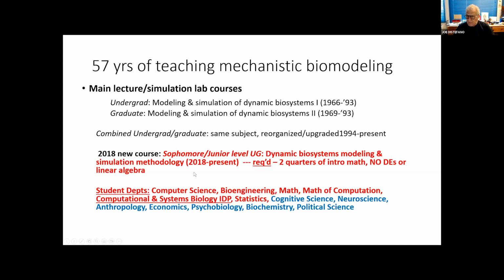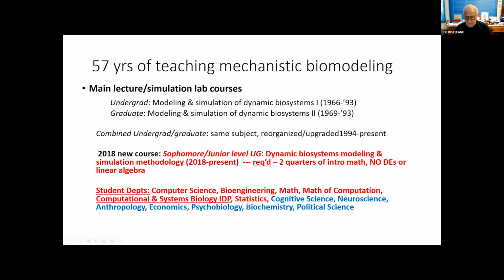Now, currently, in my current course, this year, I can get up to 100 students, but I have currently about 30. Last quarter, I had about 50, and typically I try to limit to about 50. Since I'm in the computer science department primarily, and students in computer science need courses to take, I get a lot of CS students. So CS, bioengineering, math, mathematics of computation. These are the students in the departments that I'm currently teaching.